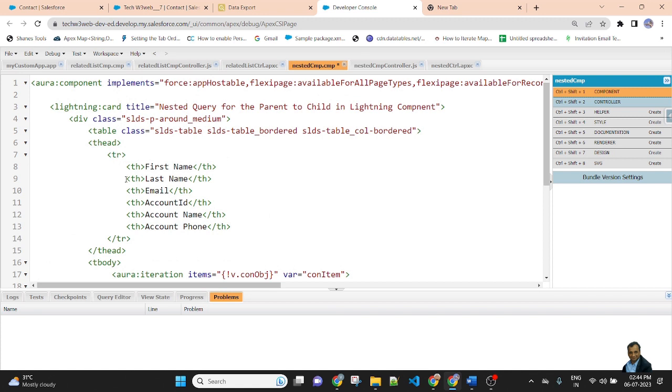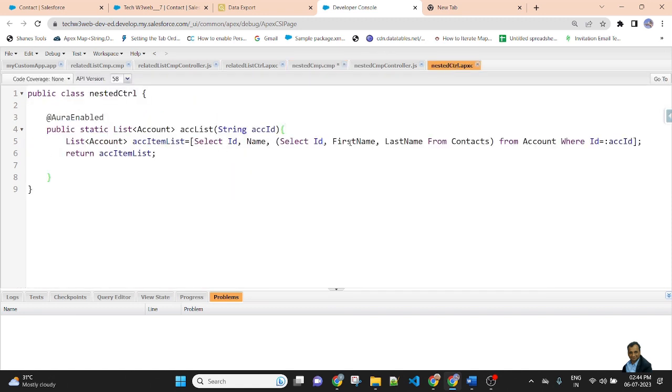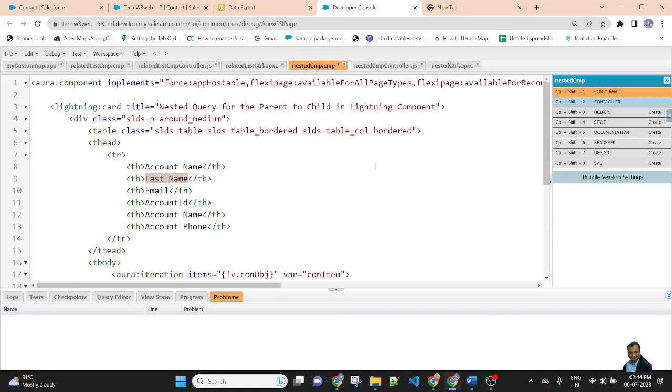In this lesson I will fetch the account name, and after that the contact first name and contact last name. So here, first name and last name. The rest of the columns will be deleted.